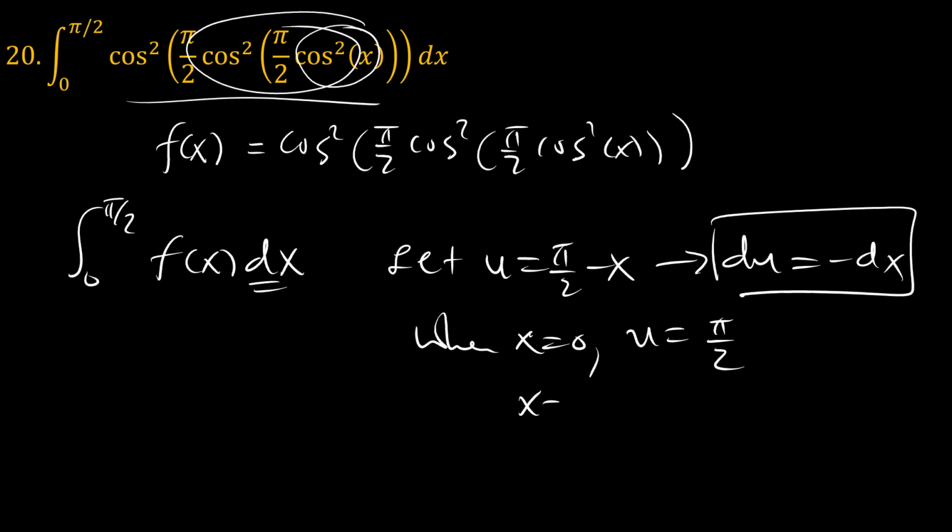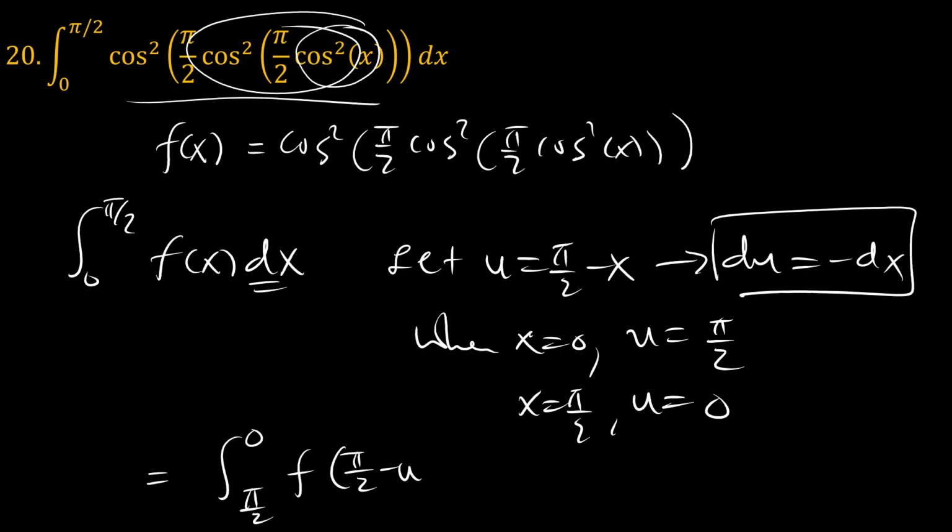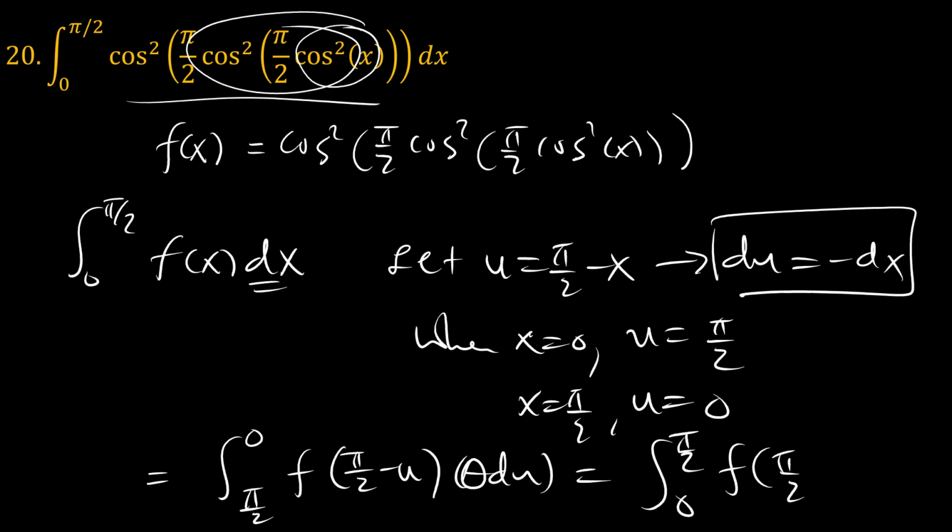When x equals pi over 2, u equals 0, meaning that this integral is the same as the integral from pi over 2 to 0 of f, and because we have a negative sign here, we can flip the limits without losing anything. So this is our problem,